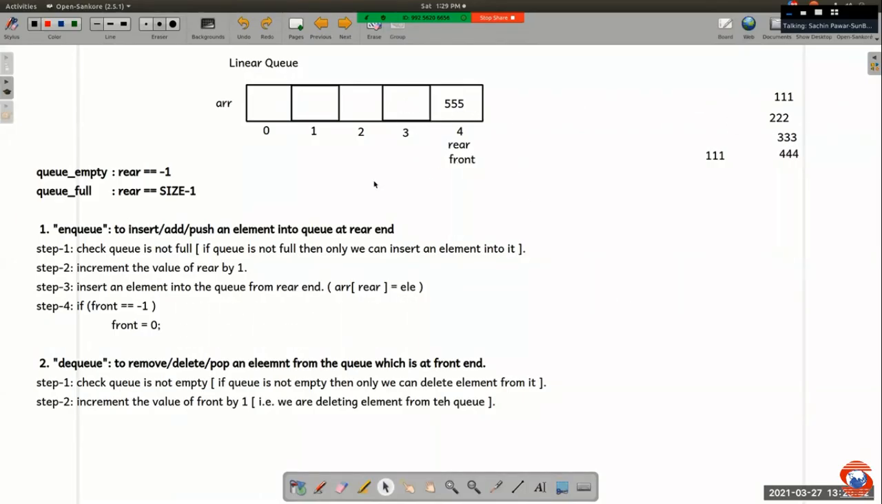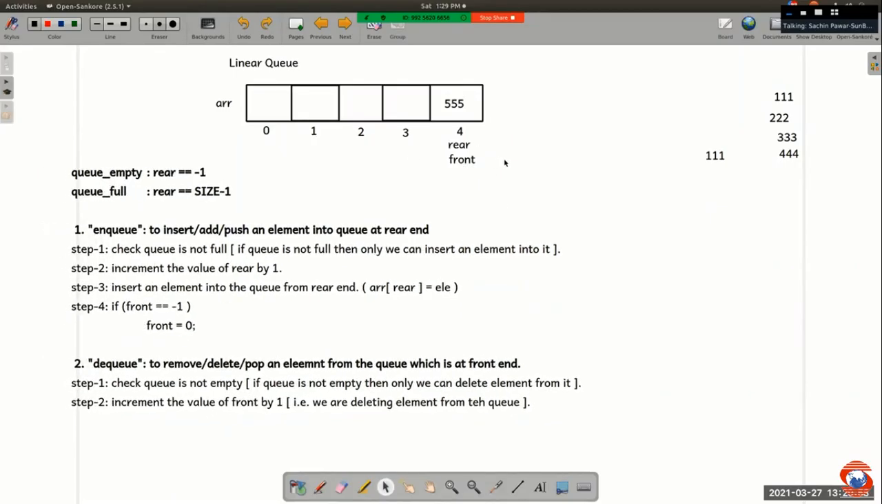Again, if I want to delete one more element from the queue, step number 1, check is the queue empty? No. By diagram, the queue is not empty. By condition, is the value of rear equal to -1? No. What to do? Next step, increment the value of front by 1. So value of front will become,